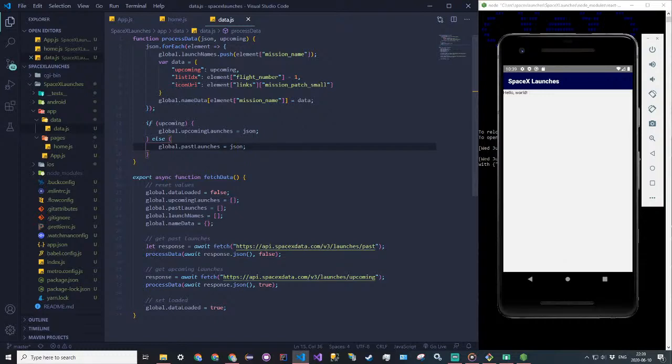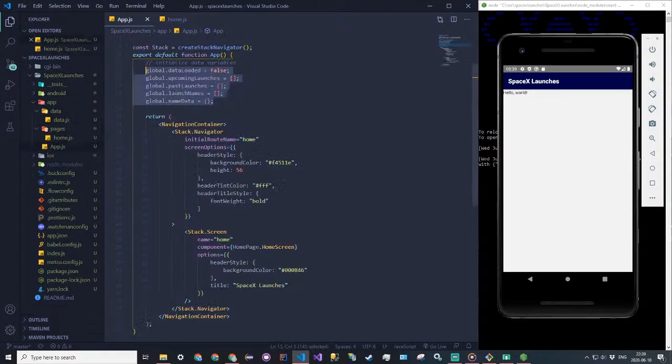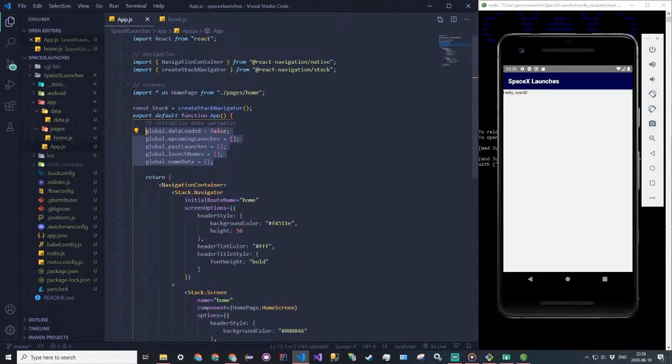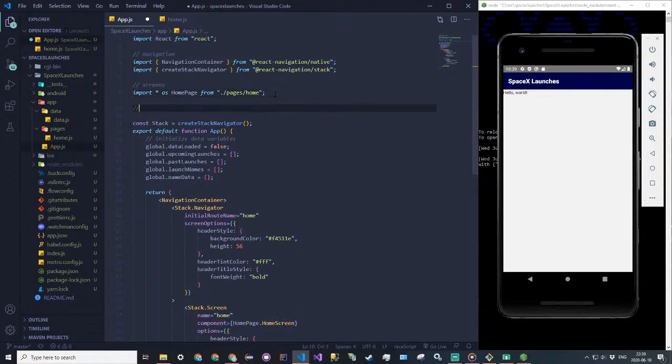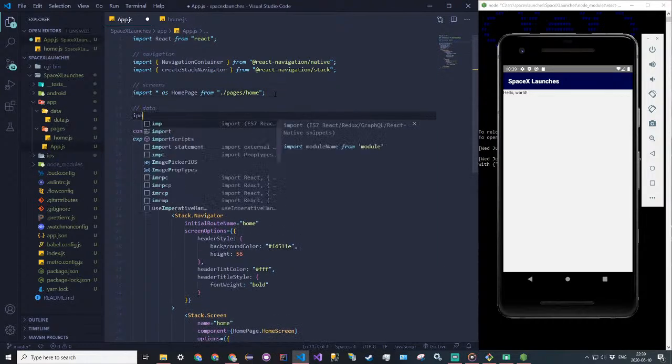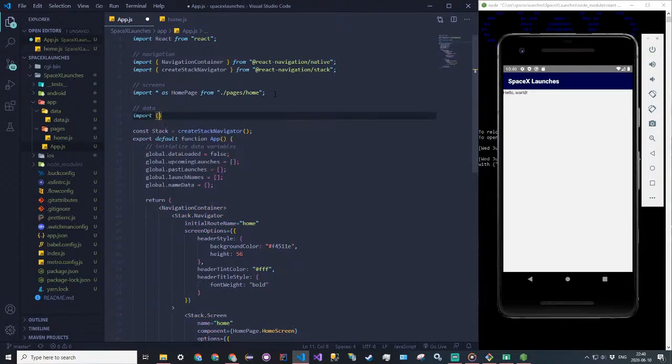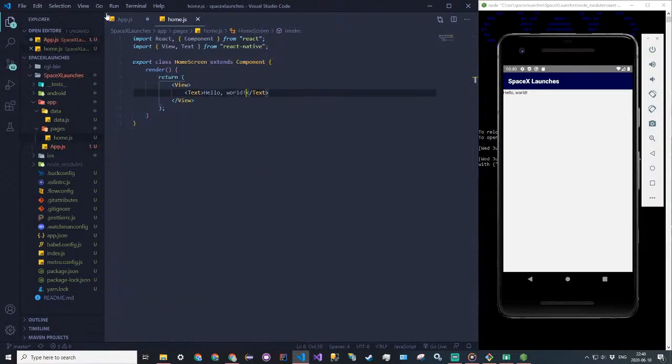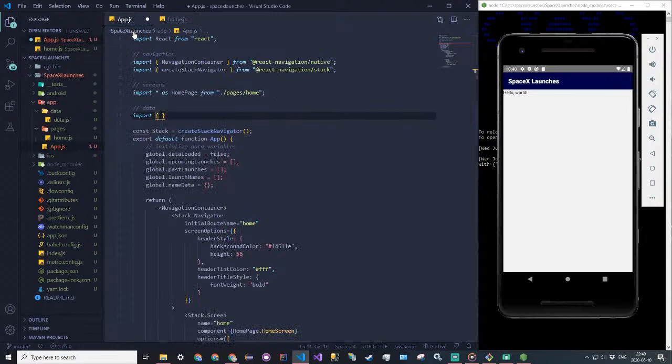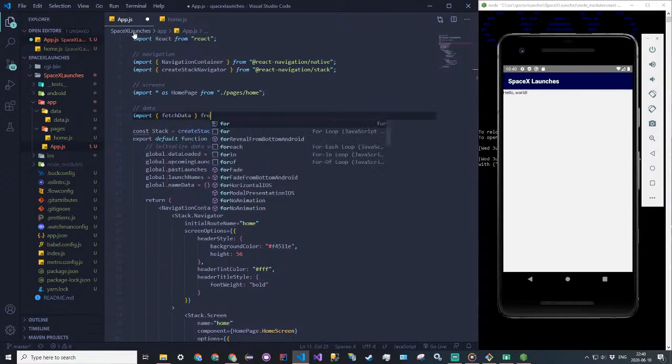We won't be needing to change any of these values. So let's go back into home, and we actually need to import this into our file. It's the same thing as anything else. So we're going to say import, and we're just going to get that one function. It's called fetch data from, and then we're going to say